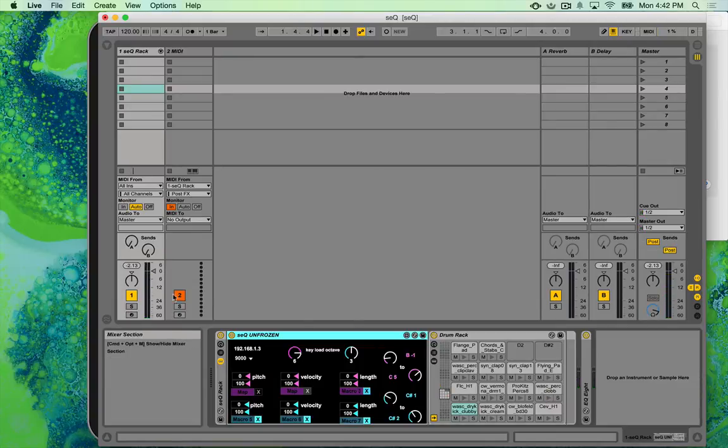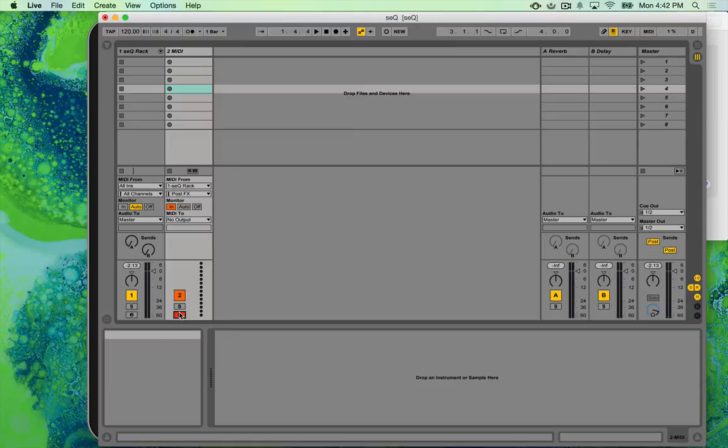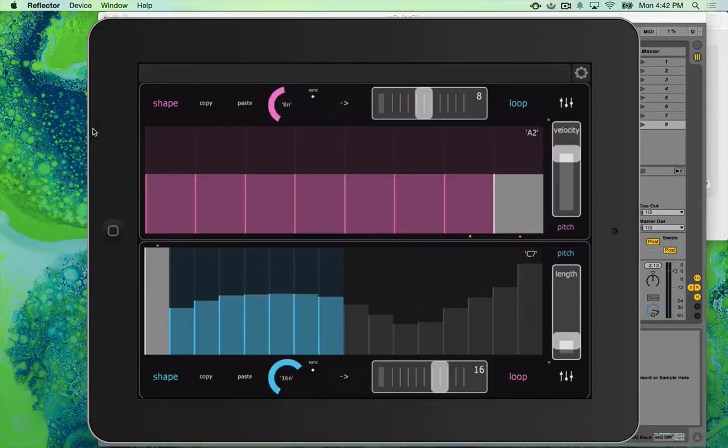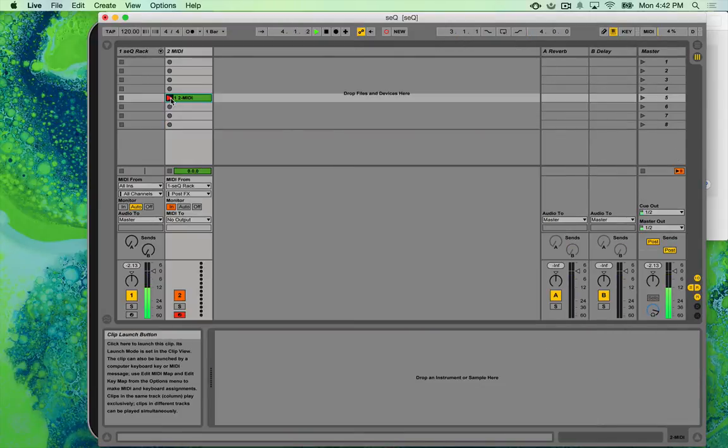One good way to really get your dollar out of it is to have another MIDI track as a dummy to accept the MIDI from your track, and then you play a sequence, and you can see them playing here, and you like the sequence, so then you record it,